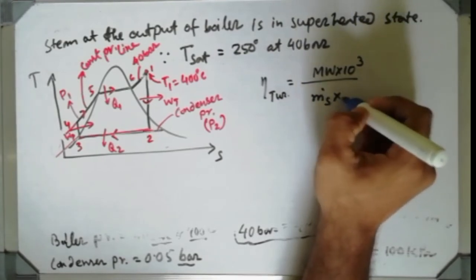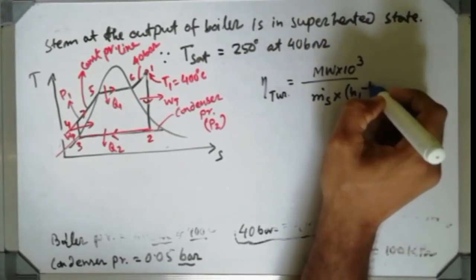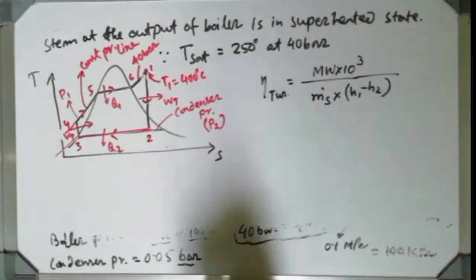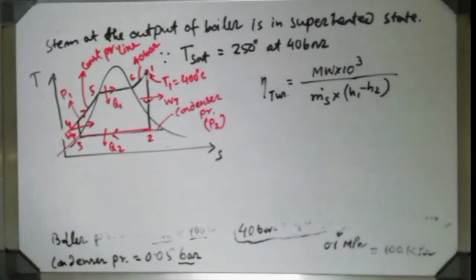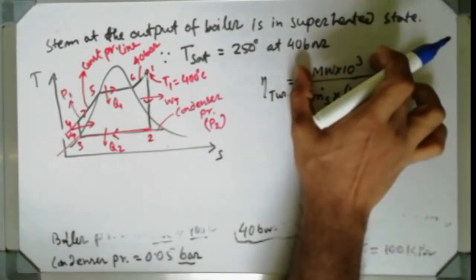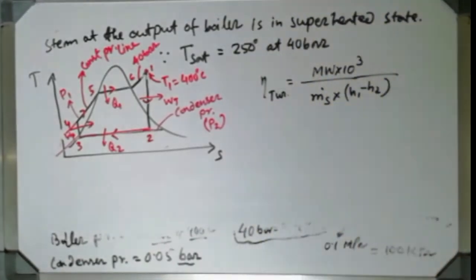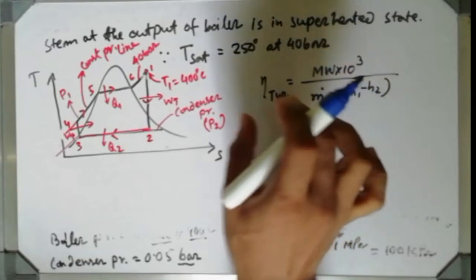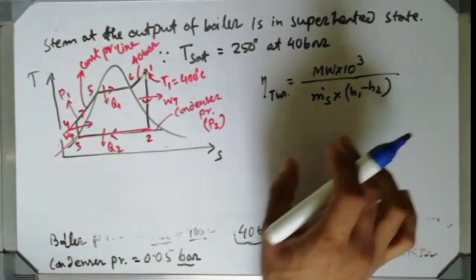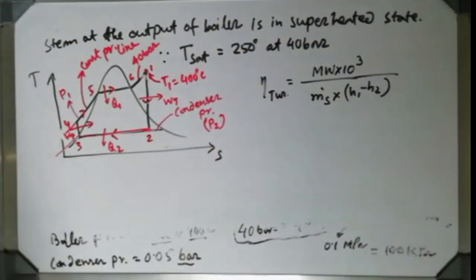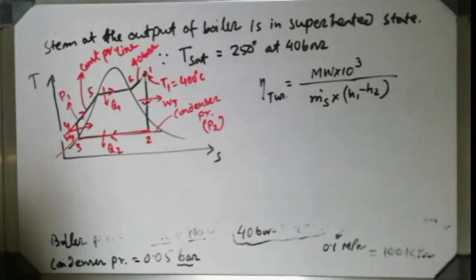formula whatever I have written earlier, H1 minus H2. That kind of expression we have written in terms of relative turbine efficiency. That is the brake output of the turbine, the numerator part, and the denominator part is the internal output of the turbine. That expression we have written by relative turbine efficiency, and that value is given in the problem, relative turbine efficiency is given as 80%.